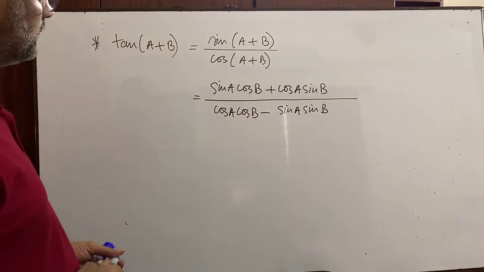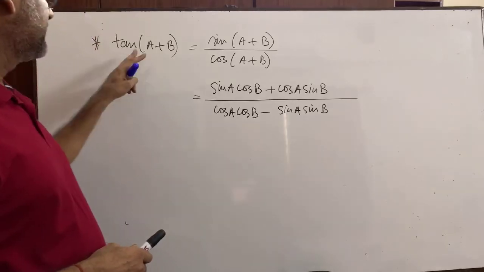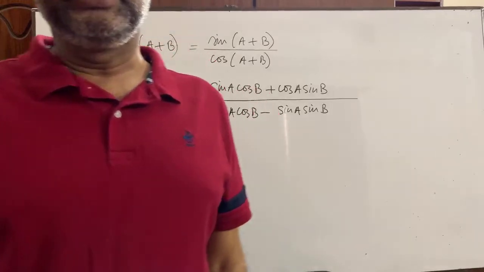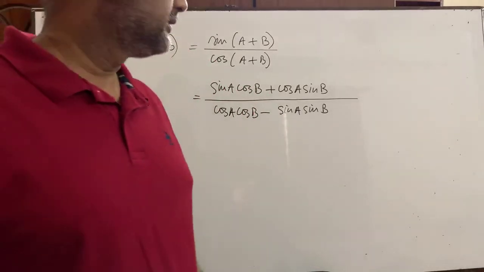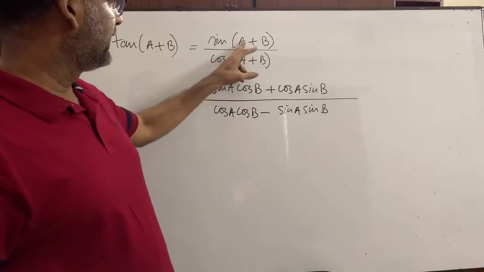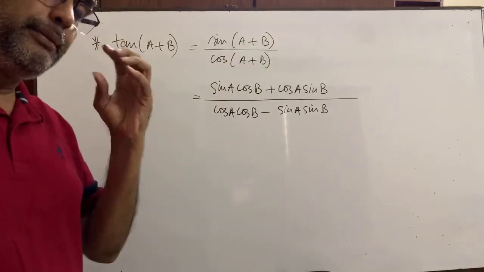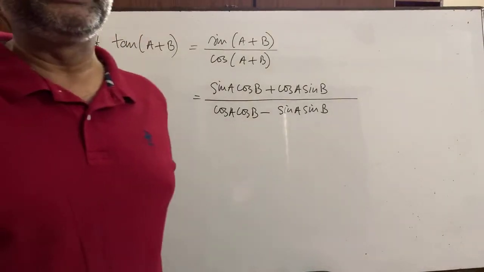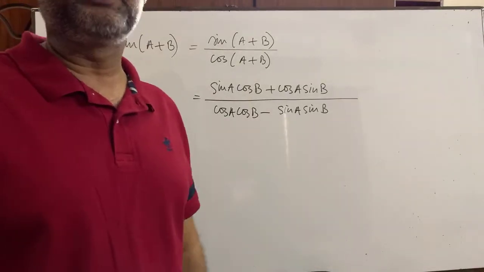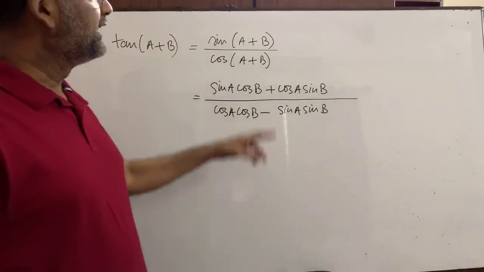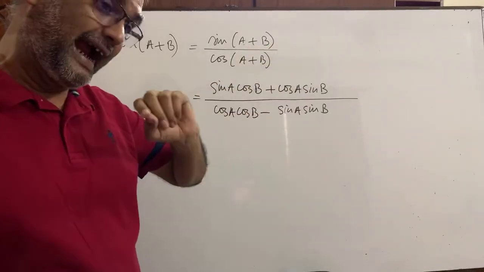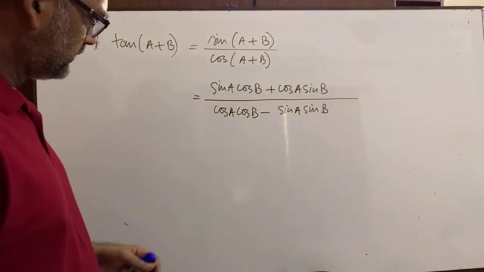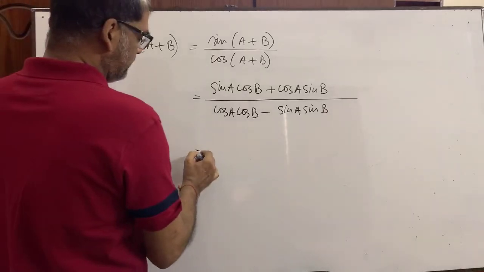Okay, dear students, it is tan theta. Tan theta means what? Sin theta by cos theta, right? So in the denominator there is cos theta. But here there are two angles, A and B. So we have to keep it in mind that I have to divide all the terms by cos A and cos B, as cosine is in the denominator of tan theta, right? If it was A, B, C, then we had to divide by cosine A, cosine B, cosine C. You understand?